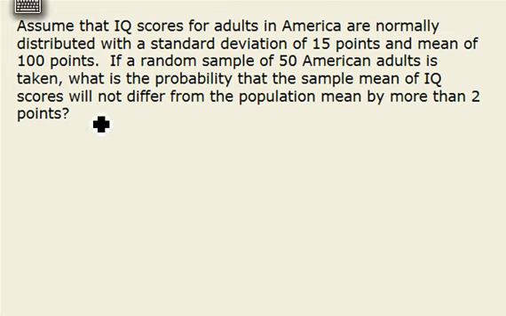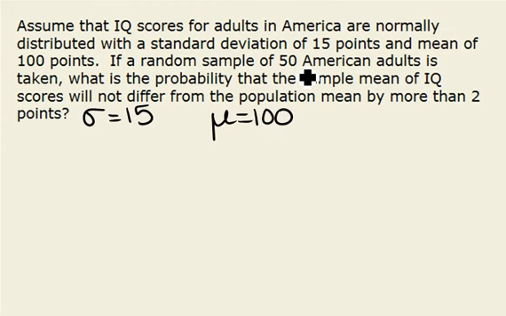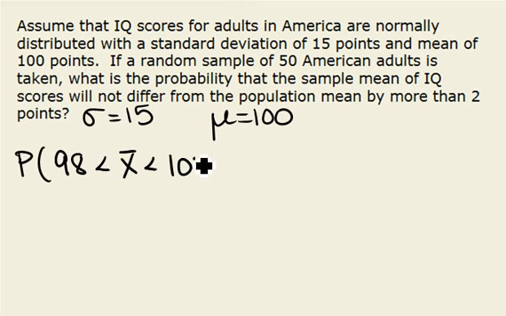So our standard deviation is sigma, so sigma is equal to 15, and we have a mean of 100. And we want to know the probability that the sample mean for these 50 people won't differ from this population mean by more than 2. So within 2 from 100 would be anywhere from 98 to 102. So what the question's really asking is the probability that the sample mean x bar is within the range 102